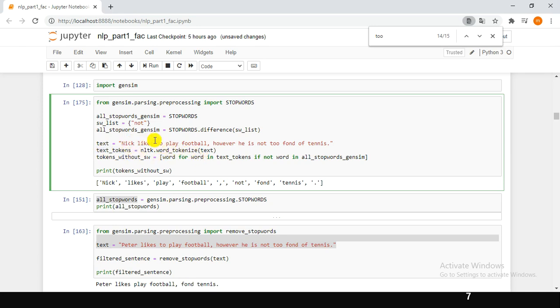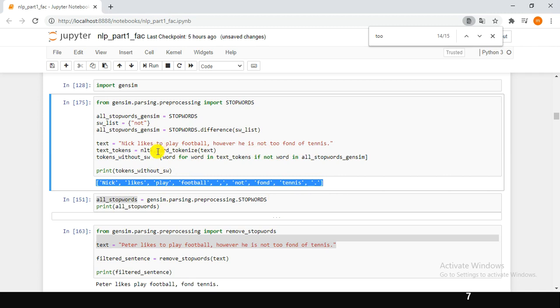While fetching each and every word from the text tokens, we make sure that we are removing the stop words using an if condition. If you look at the output printed here: Nick likes play football, not fond tennis. He, is, not, off, to.